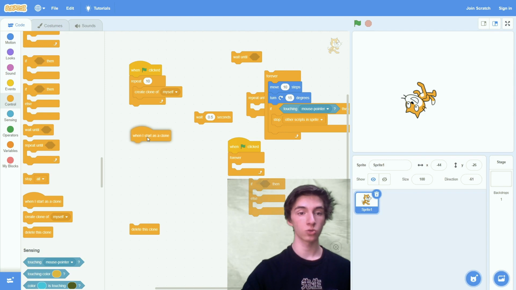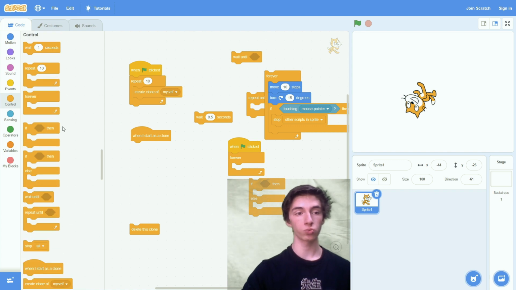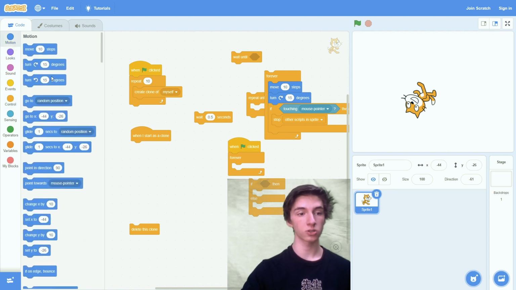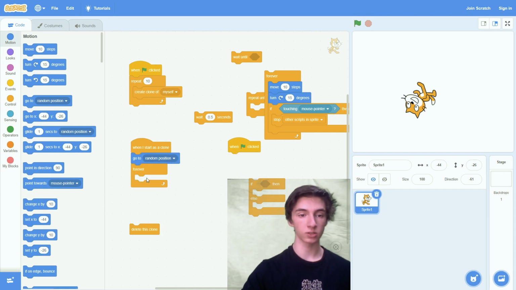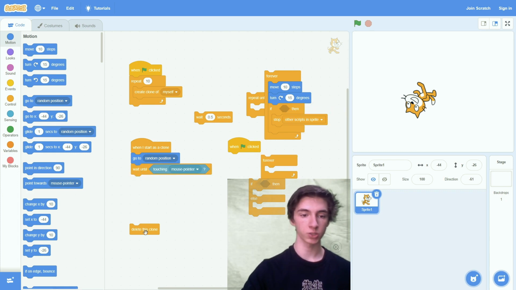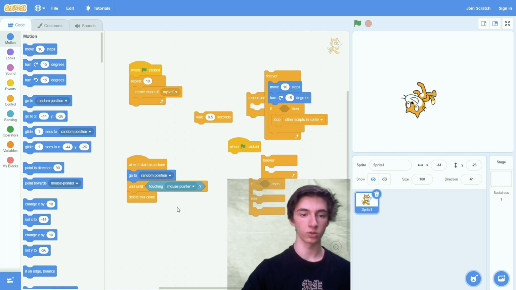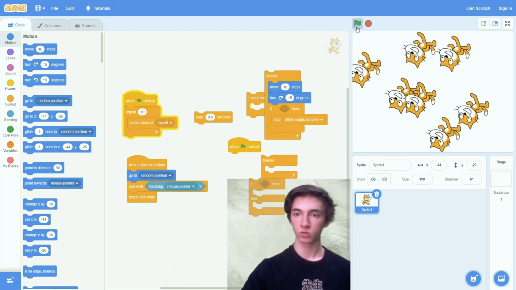And then when we create a clone, this block is run, and it says when I start as a clone, what do we want to do? Let's say when I start as a clone, I want to go to a random position, and then let's wait until we touch a mouse pointer, and then when we do, let's delete that clone. Okay, so now we have 10 cats,